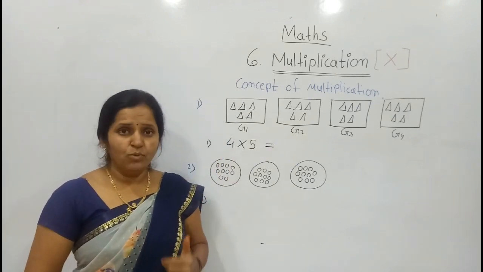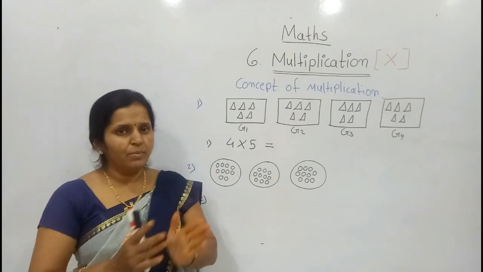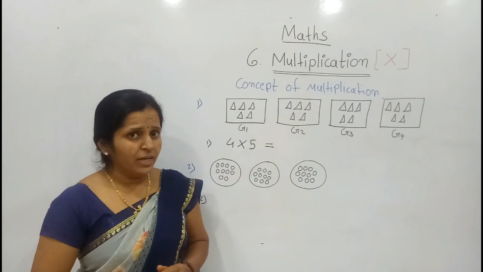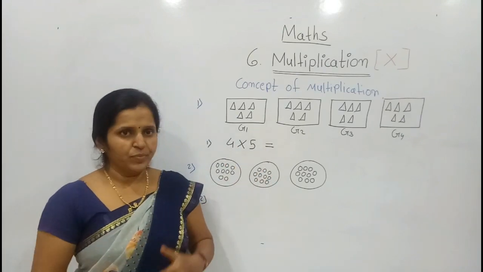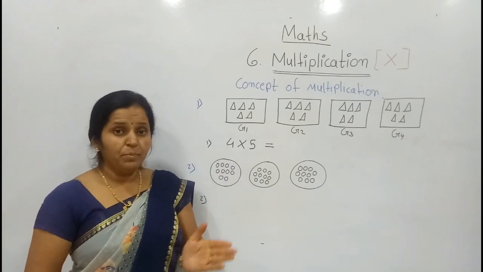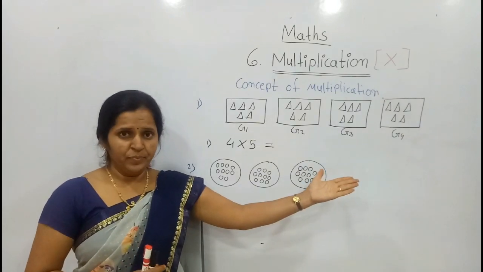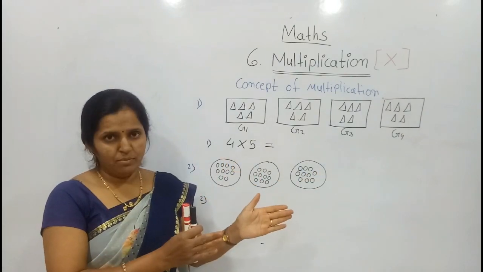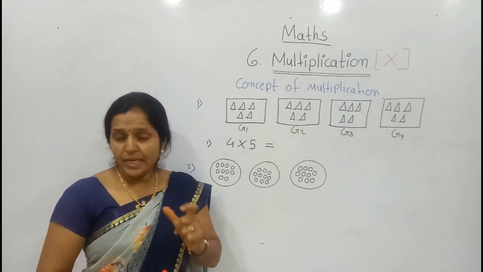Now, the concept of multiplication. Why multiplication? Why do we have to do the multiplication? Till today we have done the addition, subtraction. But why multiplication? It avoids the repeated addition. It avoids, म्हणजे काय? टाळतं ते. What avoids? Repeated addition. Means whenever a lot of numbers are given and we have to count those numbers, that time in short we can use the multiplication. But it has some rules.